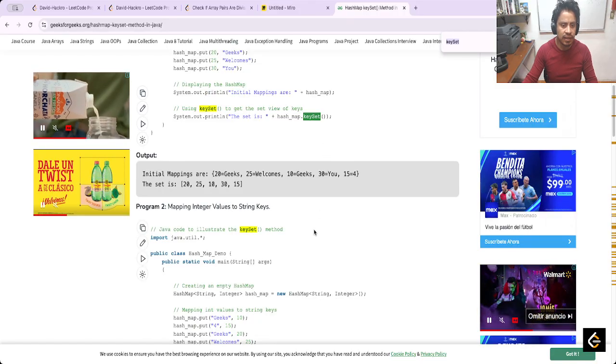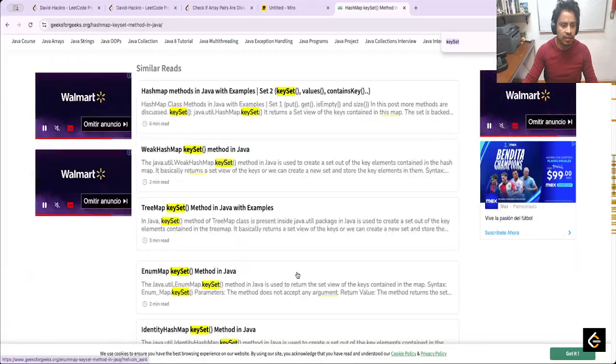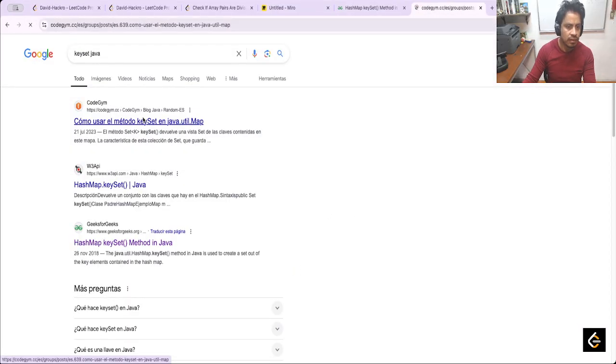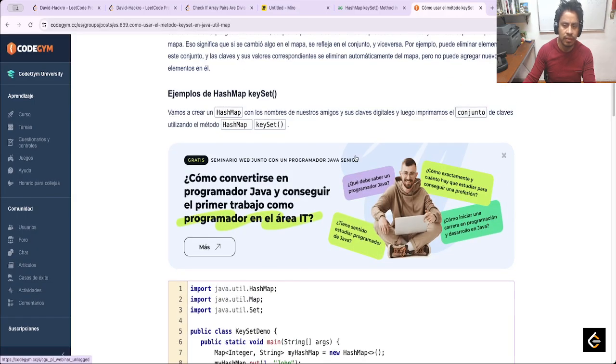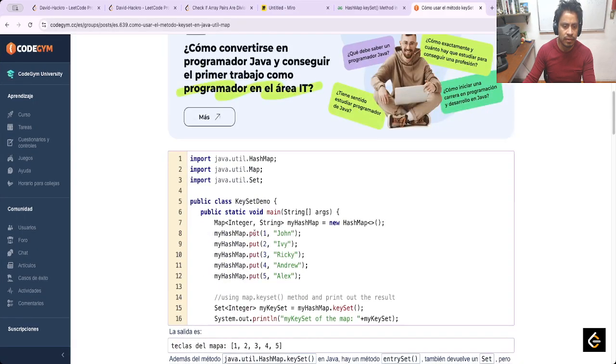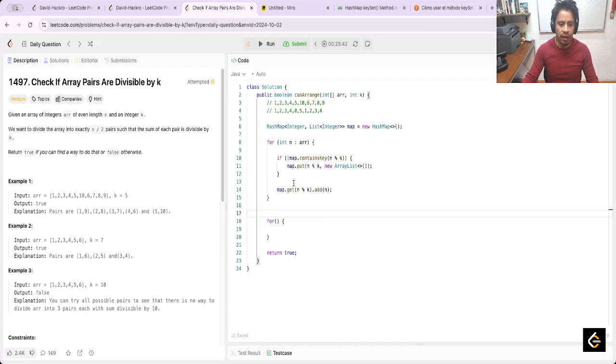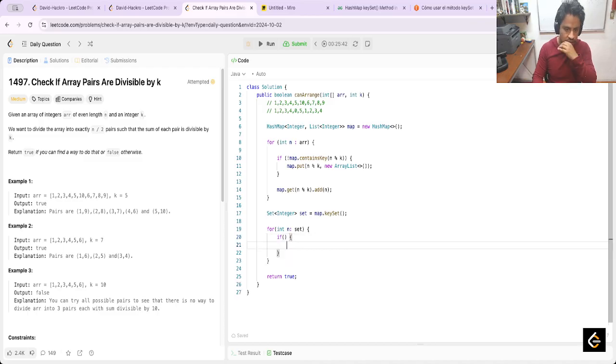Key set. Here it is, a Set. In this case, it is a set of integers. Set equals map dot key set. Yeah, to get these values. And next, here is only integer n in the set, and validate if